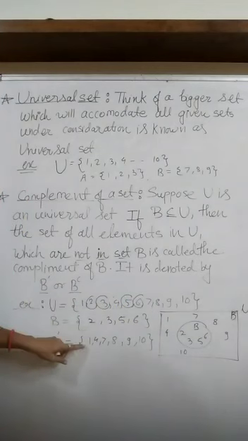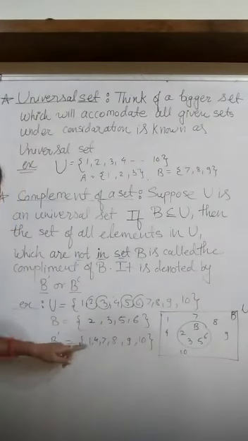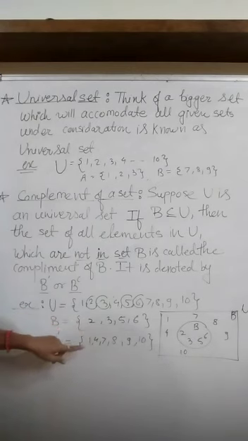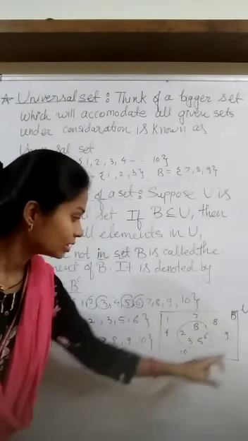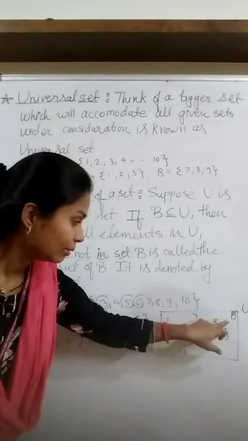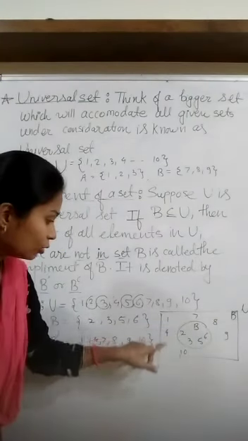So all these elements I am going to put in the next, different set, and that different set is nothing but those which are not part of the set B. That set we used to call B complement. यानी सेट यू यूनिवर्सल सेट के बचे हुए एलिमेंट्स तो जो कि बी के पार्ट्स नहीं है, बी के एलिमेंट्स नहीं है, that we are going to call as a complement of the set B. And we can represent this one set with the Venn diagram also. U will be the universal set for all of them. Then on the outside here we are representing the B complement. बी कॉम्प्लीमेंट के एलिमेंट्स क्या है? 1, 4, 7, 8, 9, 10. So that U has to be right here.